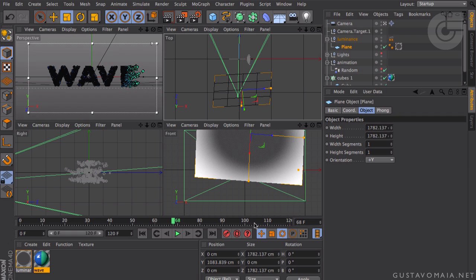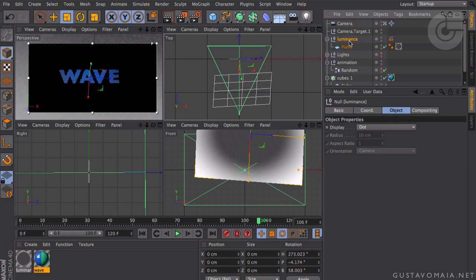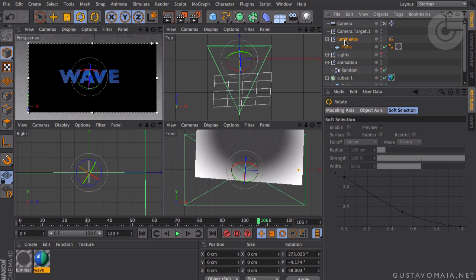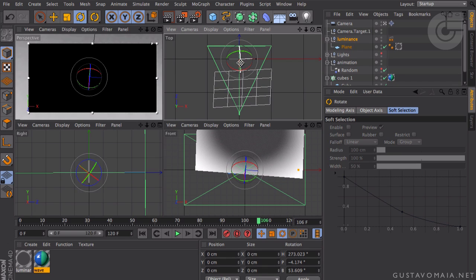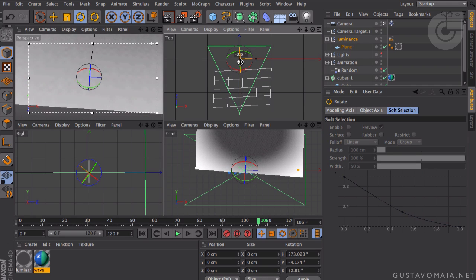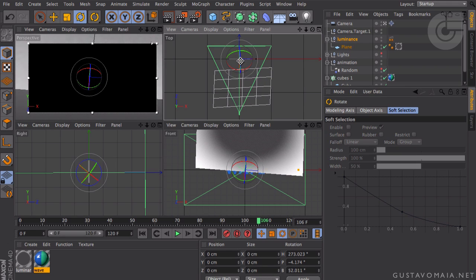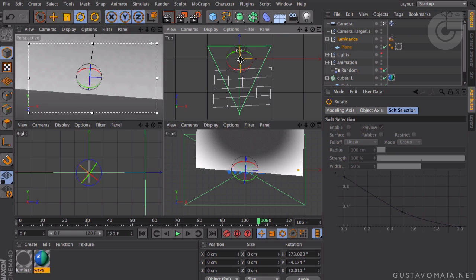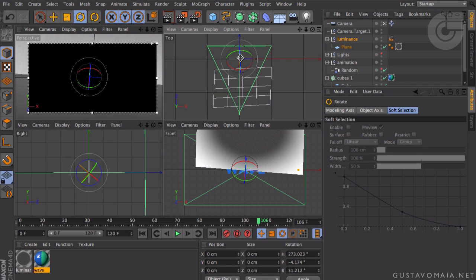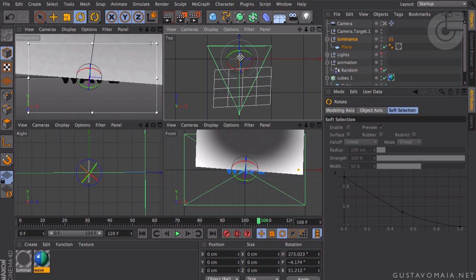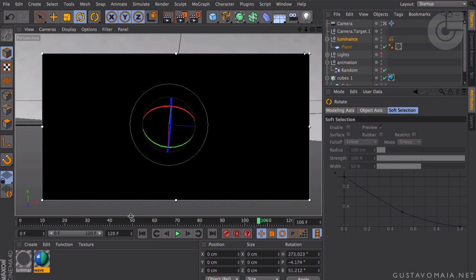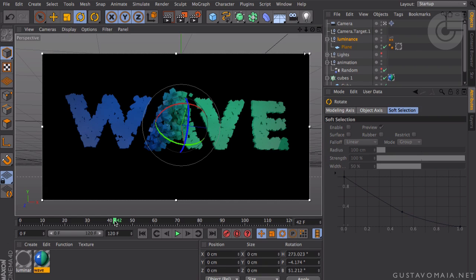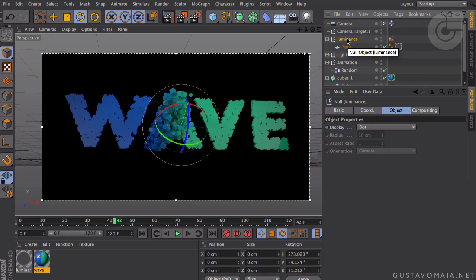Okay. And once again, we'll need to correct the rotation of our null object. So maybe upwards, maybe more, rotate it even more, even more, even more, like this, like so. Okay, looks good. And so let's duplicate this